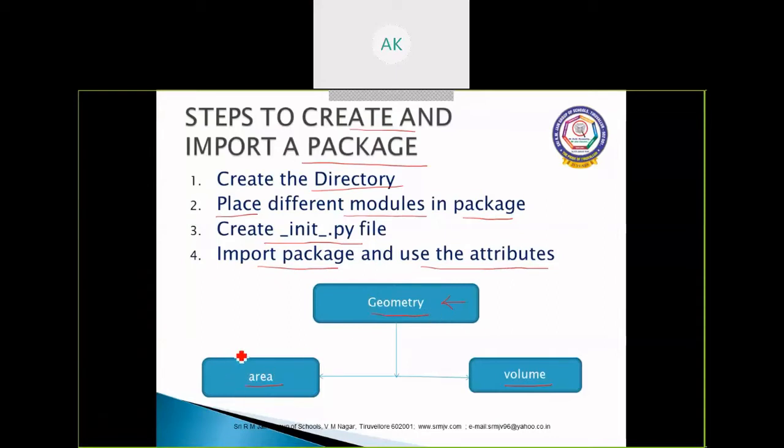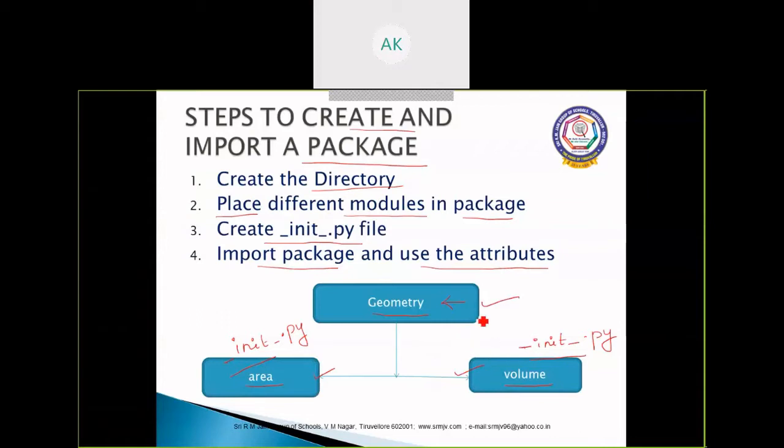We are going to attach a special file, the __init__.py file, to the directory, and we are going to import these packages and use them in any part of our programming, just like how you normally import a built-in function.